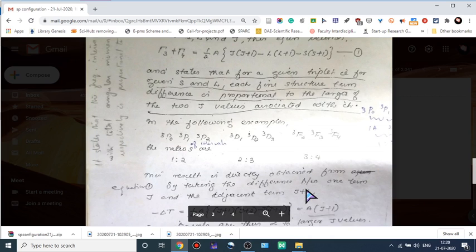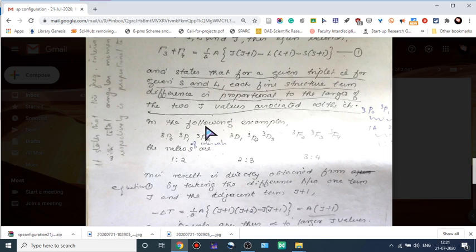And now we take a close look into these spectral terms and these relations. 3p0, 3p1, 3p2. Consider the first two spectral terms, that is 3p0 and 3p1. Which one has the highest J value? It is clear that 3p1 has the highest J value if we consider 3p0 and 3p1. So this difference is proportional to the larger of the two J values. So the first value is 1.